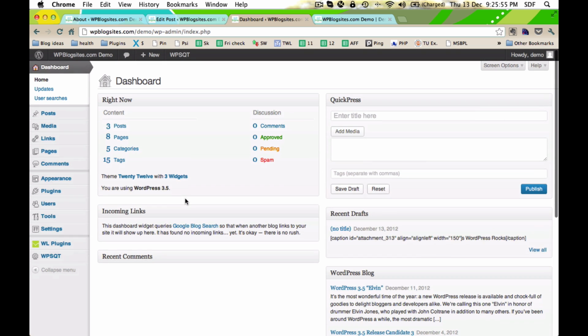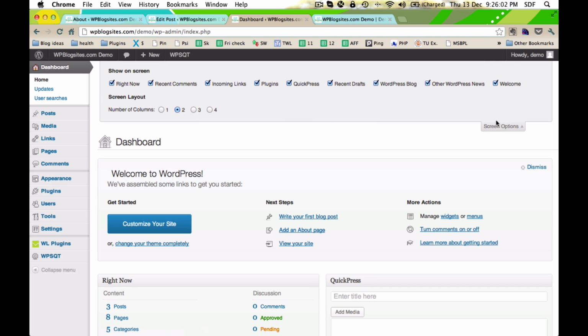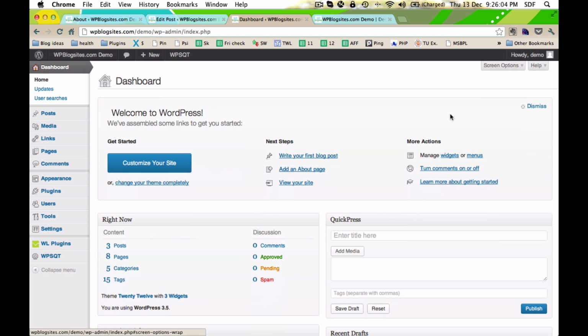Okay, they lied. I thought I saw there were more options for a dashboard. Let me go to my screen options here. I've got it. Oh, here we go. There's a welcome. That's what it is. I have it disabled. Okay, so the welcome has a couple of different things that you can go ahead and do immediately. So it's kind of like really the dashboard of the dashboard. So go ahead and write a blog post, write your about page, view your site,